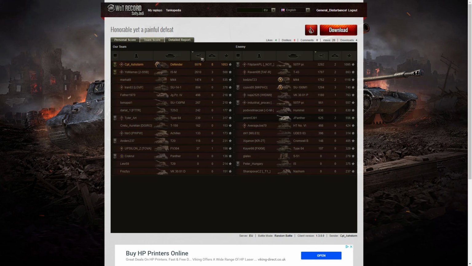Well, 5,579 hit points of damage. He did get the High Caliber for this battle. Yeah, it's really sad that it's a losing game, but he still worked it. The next highest scorer was the 50 TP with 3292, and then we got the ISM, which was Yo Mamas,